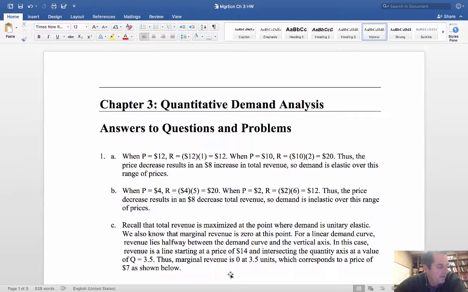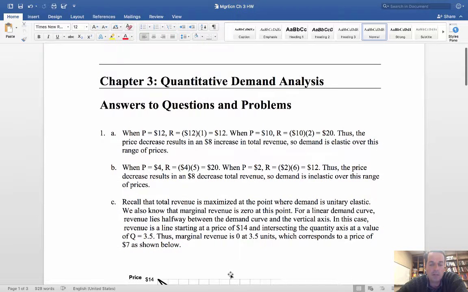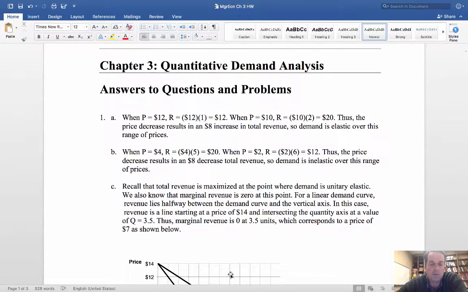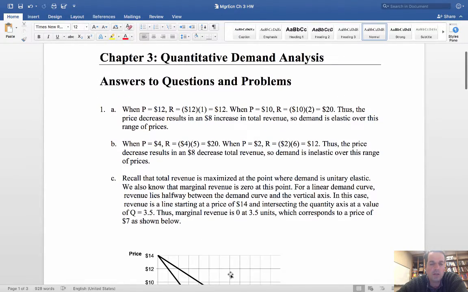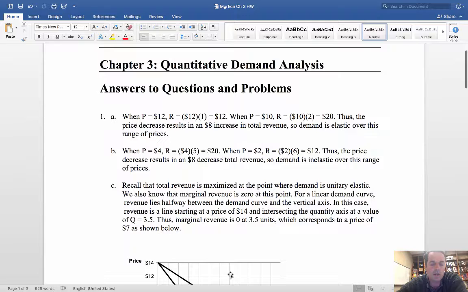I'm going to take hopefully just about 10 to 15 minutes here to pretty quickly go through the answer key for Chapter 3. There's a couple things that I've updated talking with the student that I think there's a typo in one of the answers. So we'll get to that here in a little bit. So, all right, without further ado, question 1 is really just about